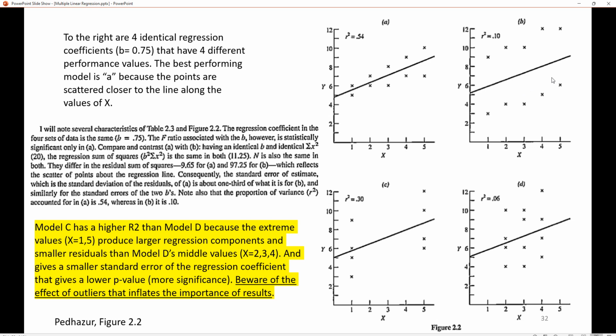So we have bigger residual components because these actual data points are further away from that trend line. And then on the bottom half, we see that Model C has a higher R-square than Model D, because the extreme values of 1 and 5 in this example produce a larger regression component and smaller residuals than Model D's middle values and on the x-axis we see the values of 2, 3, and